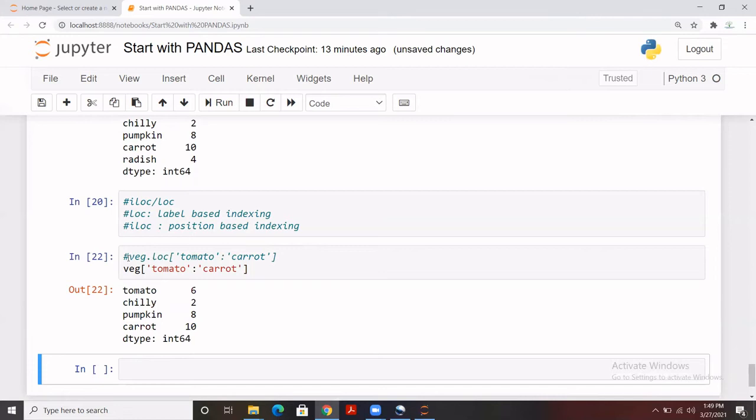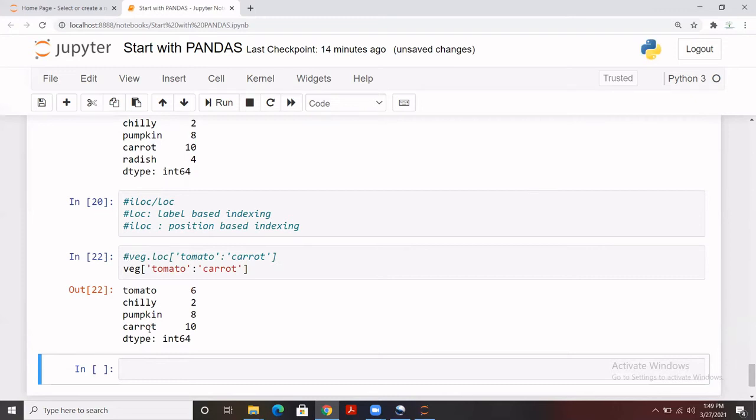And then why are we using loc? If you define something with loc and iloc, once you will be dealing with two-dimensional data, the data frames, it will be very helpful. I'll be covering that part later, but here it is important for you to understand what exactly loc means. So loc means the label, and that is the default option. If you do not apply loc, it takes it as default.